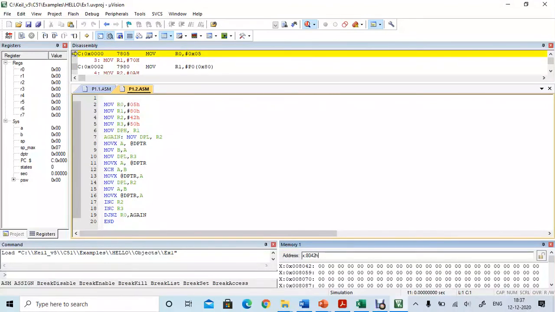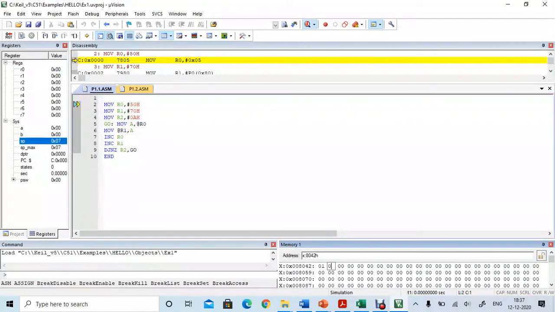So now give the input. For each memory location I can click on the memory location and type the input on the keyboard, or in a single stretch also I can give the input. From 8042 to 8046 the input is given. Next I have to go to the 8050 location and give the input.